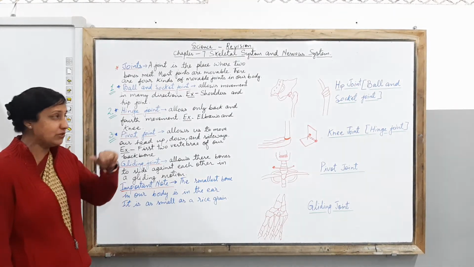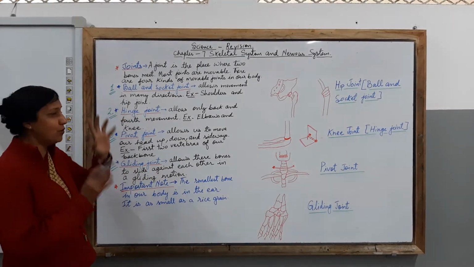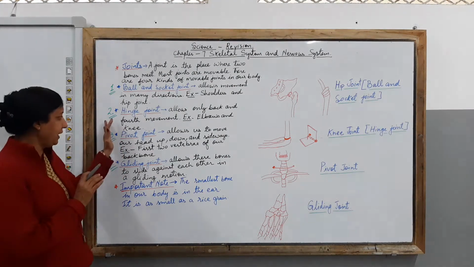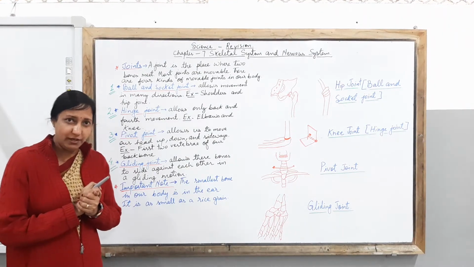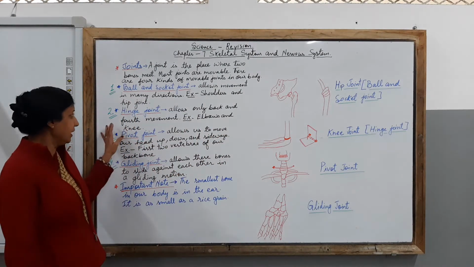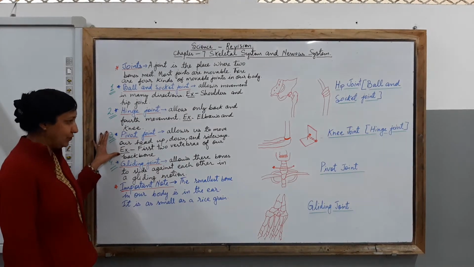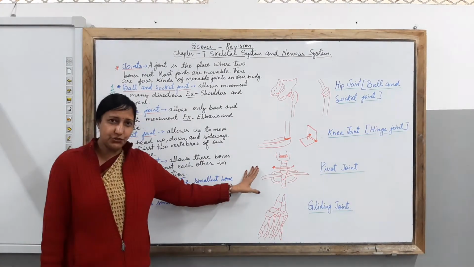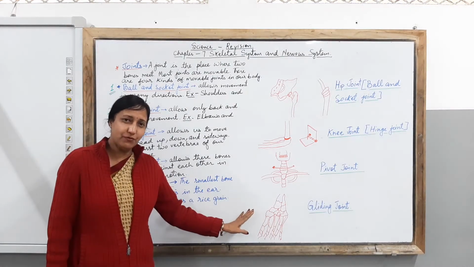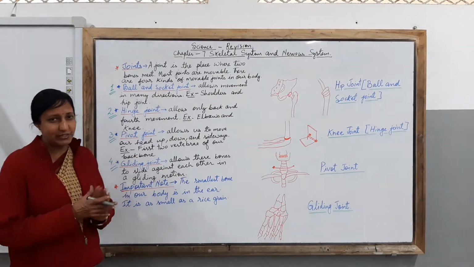So let's revise the topic, children. What is a joint all about? A joint is the place where 2 bones meet, and most joints are movable, do not forget. And we have 4 kinds of joints in the human body. That is the ball and socket joint, which is drawn here. Then the hinge joint, which also is drawn here on the board. Then, children, the pivot joint, which I have already drawn on the board. Then the gliding joint, which I have already drawn on the board for you all to understand clearly. So do not forget the 4 kinds of joints which I have explained to you.